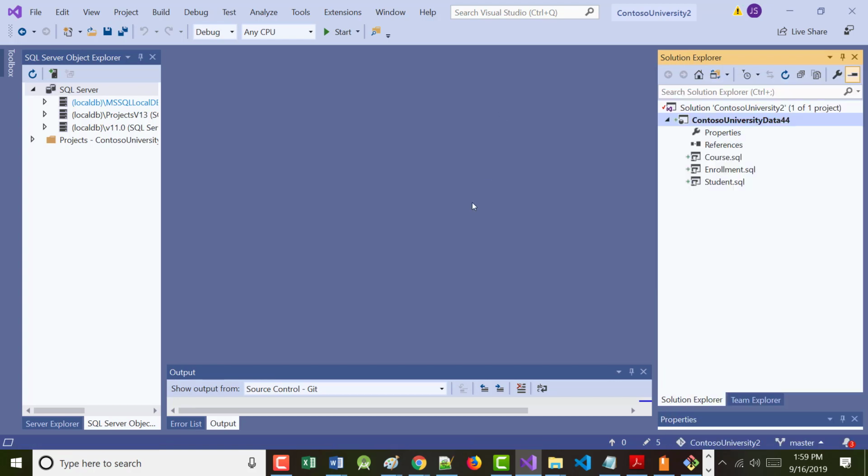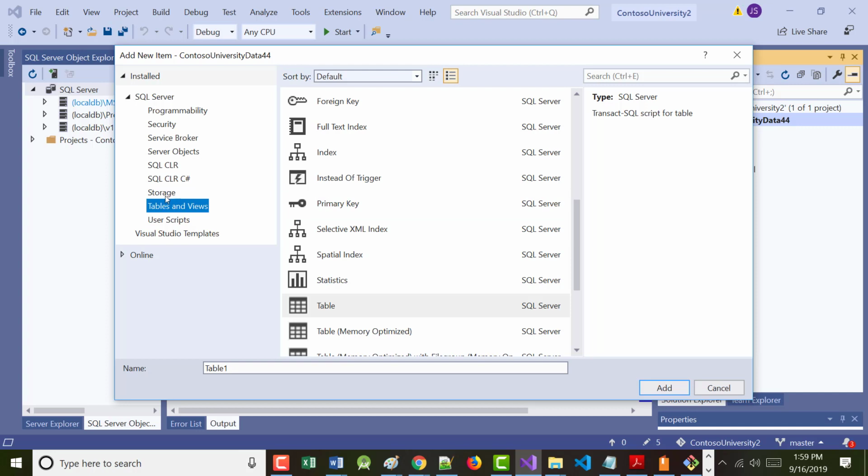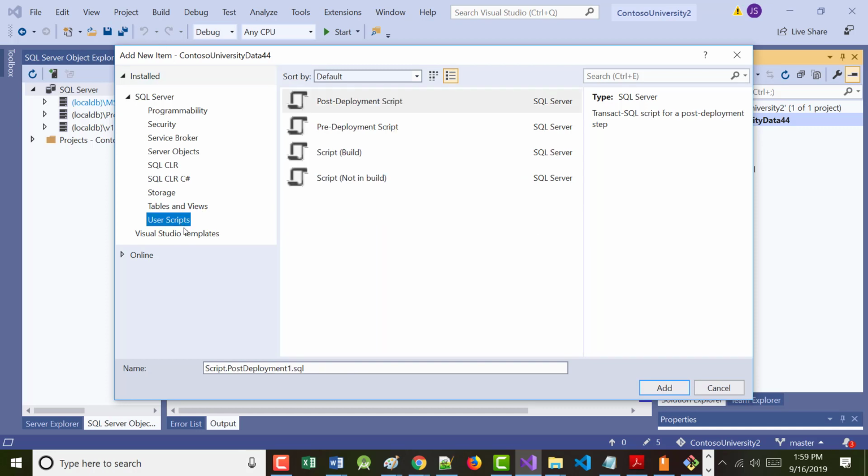And then in here, click where it says user scripts over here. See this? Second last one down says user scripts. And we're going to choose post-deployment script, and they tell you to just keep the name, which is script.postdeployment1.sql. If there's significance behind that name, I have no idea what it is. All right? And I'm going to click add.